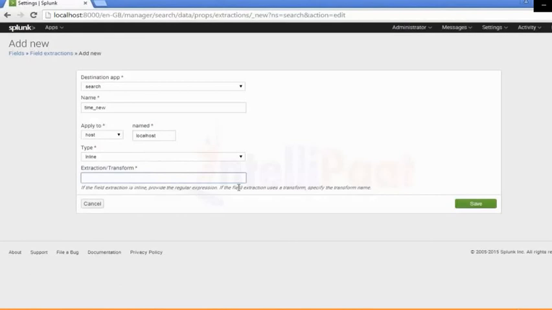If the field extraction is inline, provide the regular expression. If the field extraction uses transform, specify the transform name. You need to specify the transform name. They have given the condition as well here. So based on that condition, you have to write the value of the extraction or transform. So here we are working on the time, right? We are trying to extract the time field. So if I just say time and save it,